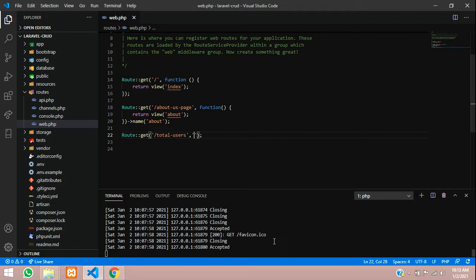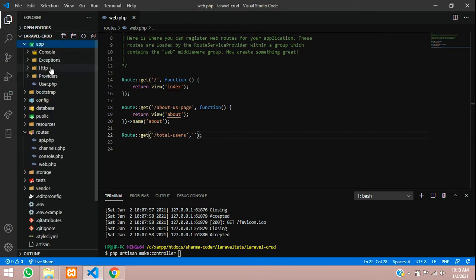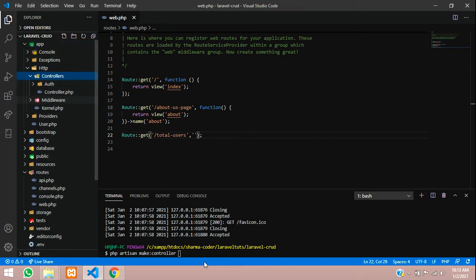So first we'll create a controller here. Our project is running, so just interrupt that and create a new controller. The command for creating a controller is php artisan make:controller, and here you give where you want it, app/Http/Controllers. Inside this it will be created over here. Give Controllers and we will give this as MyController. Hit enter.